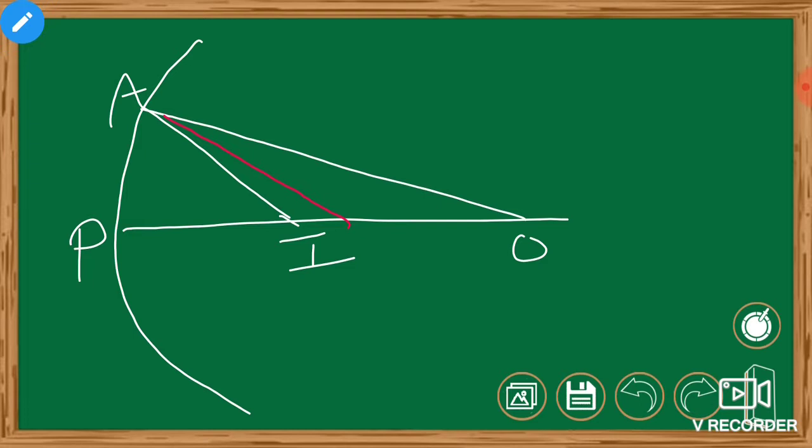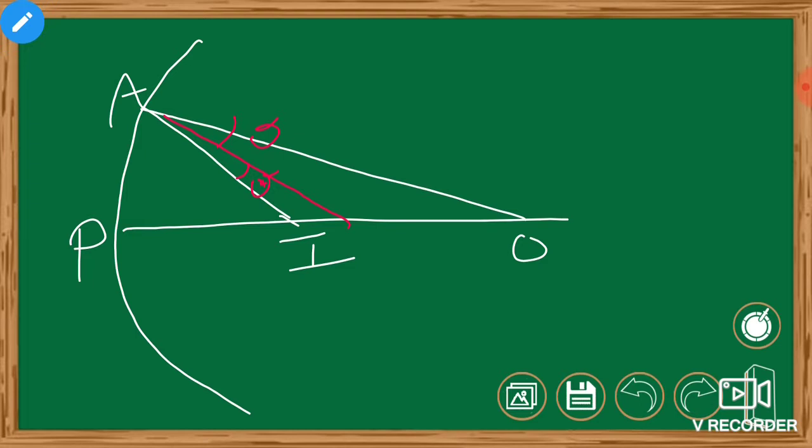The normal splits the angle into equal parts. Let's imagine this is angle theta and this is also theta. Why? These two angles are the same because the normal bisects the angle into equal parts. That means, already we know, the angle of incidence is equal to the angle of reflection. So both angles are represented as theta, and both angles are equal.